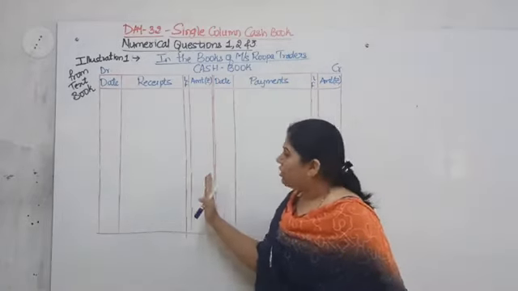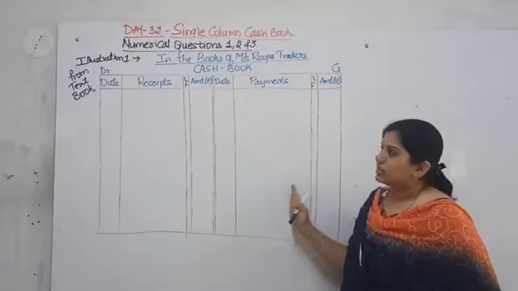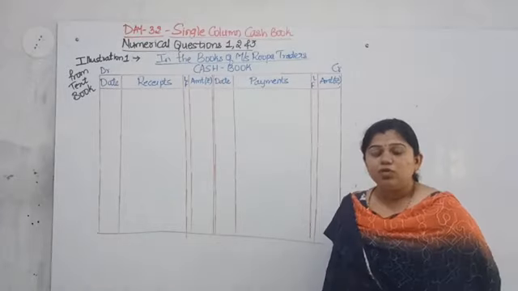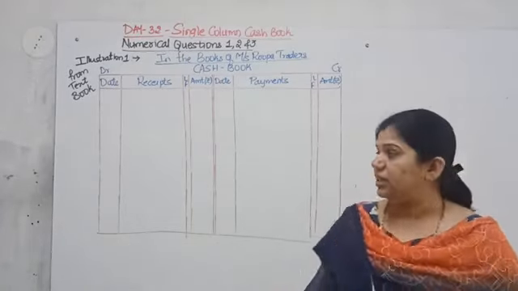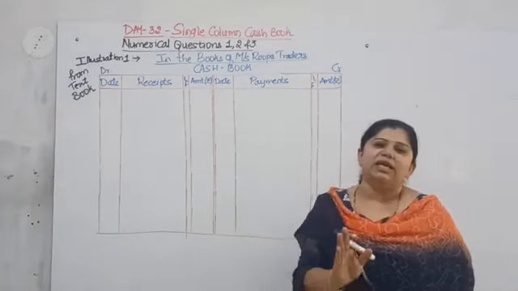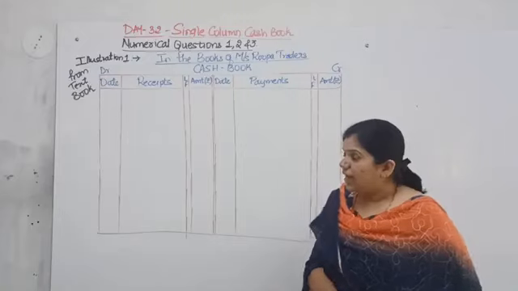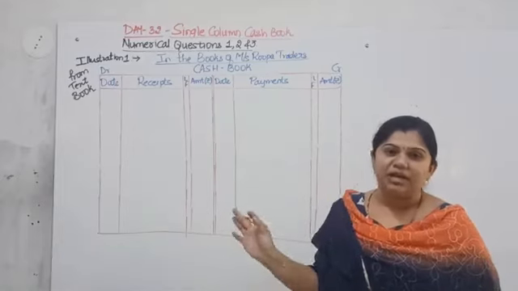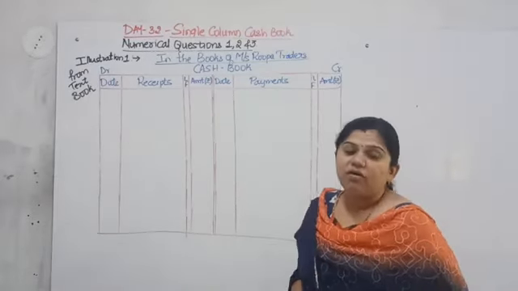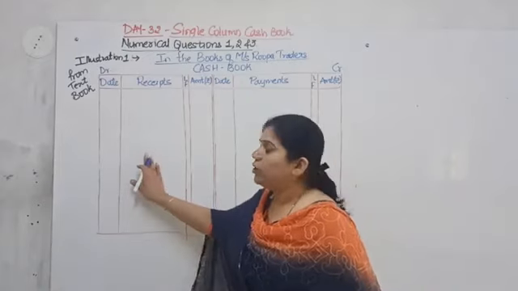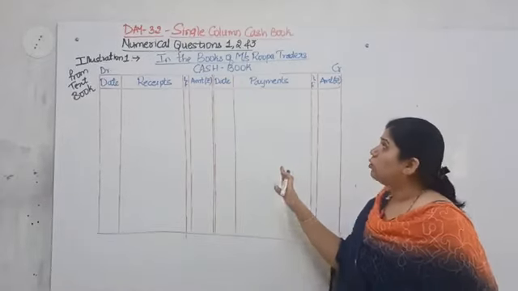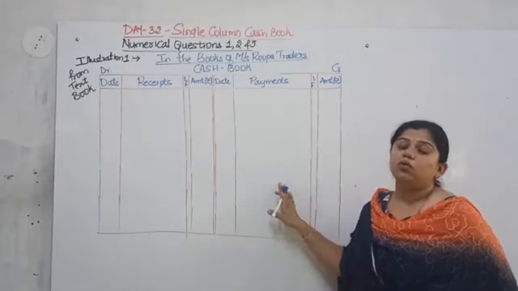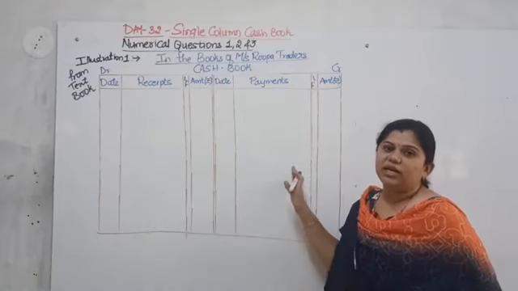So in this way you have made the entries on the debit side and credit side: date, payments, LF and amount. Now let us see what to do, and remember a few points. This is a cash book and therefore only cash transactions will be recorded. Second, you have to record the transactions chronologically, date wise, in orderly arrangement. Third, wherever the cash is coming in, you show it on the debit side, and wherever the cash is going out, show it on the credit side. Cash being a real account, the real account rule will be followed. Debit what comes in, credit what goes out.